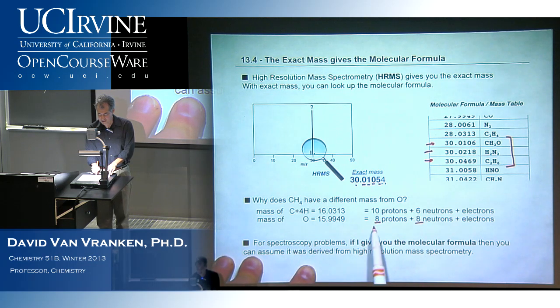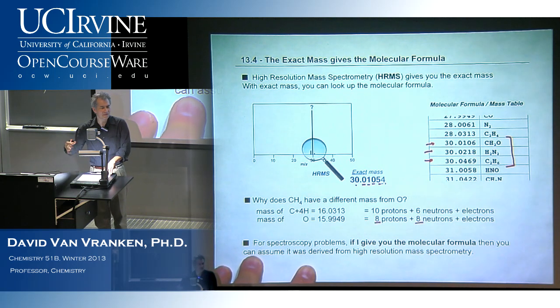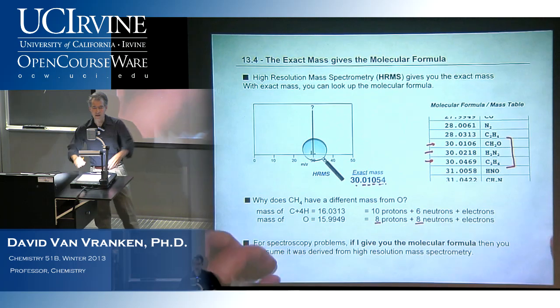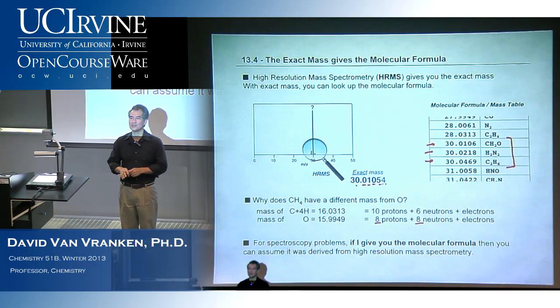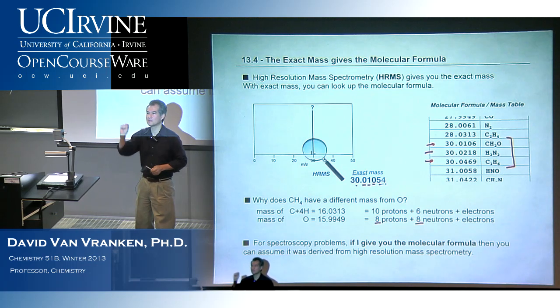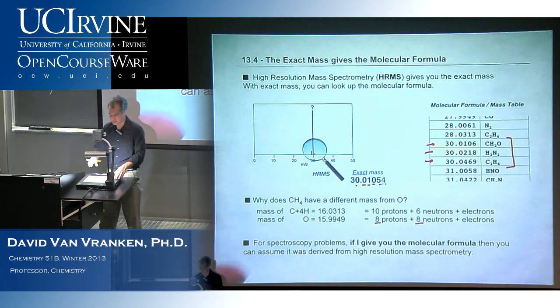They're both about 16, but that's made up of 10 protons and 6 neutrons. And there's some electrons in there. Because a proton has a different mass from a neutron, that's what allows you, if you measure accurately enough, to back out the molecular formula. So,